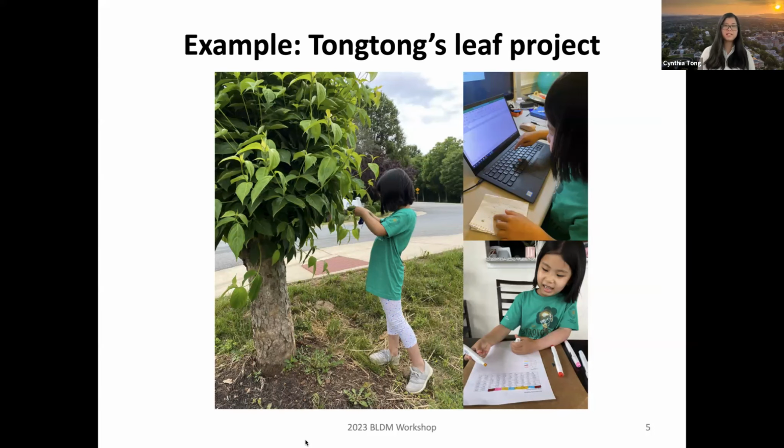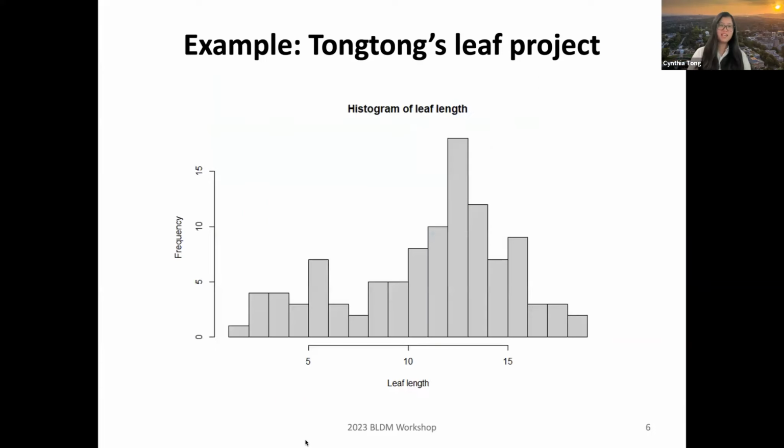So my expectation is that she could find out, oh, most of the leaves have a length in the middle, and fewer leaves are shorter, and fewer leaves are longer. So I hoped she could find a bell-shaped curve and at least get some idea of stats. Okay, but eventually she got her data. This is really the real data collected from her.